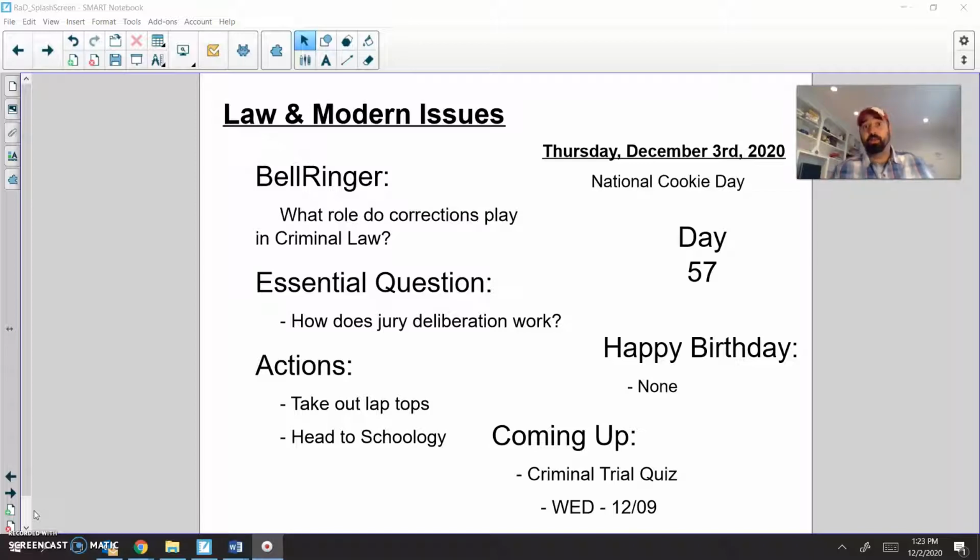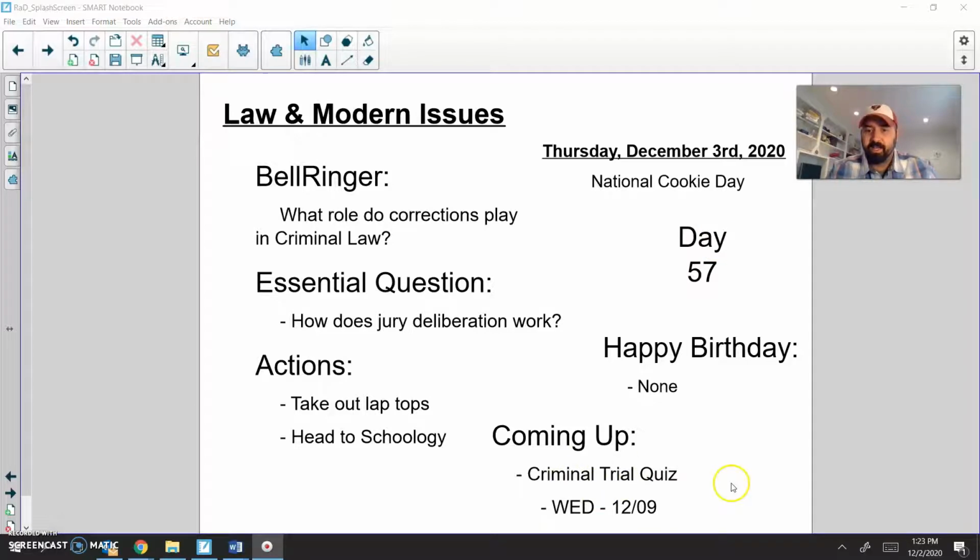So instead of meeting you on Zoom, I'm making this screencast for you to run through what I need you to do today and just a general overview for the week. So here's our basic start screen for the day. We're going to be talking about two different things this week because we're getting toward the end of the unit. Actually, we're pretty much ending the unit.